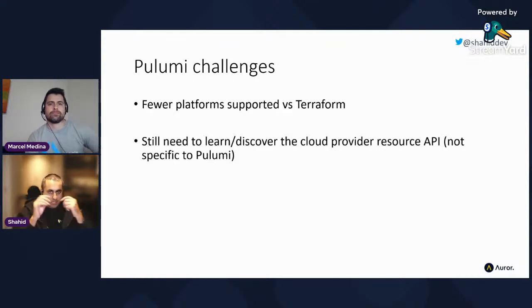And I think a big one now, say if you are somebody who is more on the cloud architecture or the DevOps side of things, this isn't going to make you redundant. Giving your developers the power to do this isn't going to make your job redundant, because somebody still needs to understand all of that cloud provider API. Do I use a local redundant storage versus a zone redundant or a geo redundant? What about a read access geo redundant? All of those things are still things that somebody needs the knowledge about. So unfortunately, that's unavoidable no matter what you do. This is the nature of dealing with the cloud. You have to learn something to help you manage it.